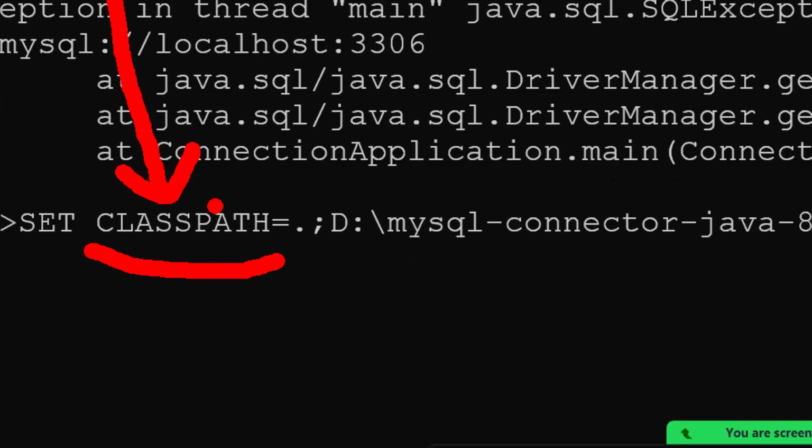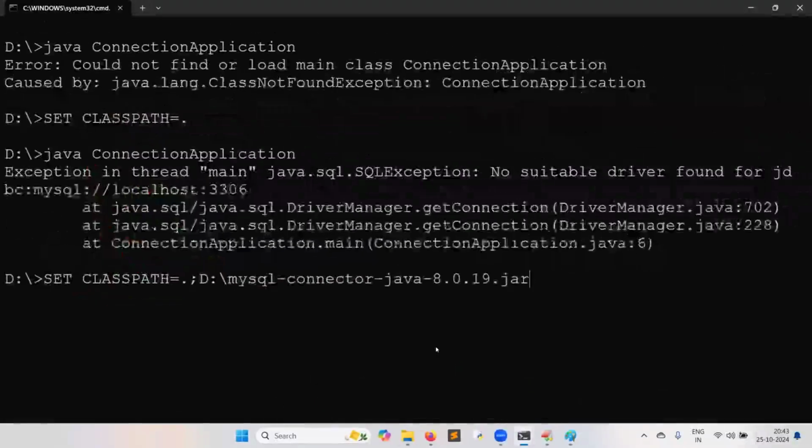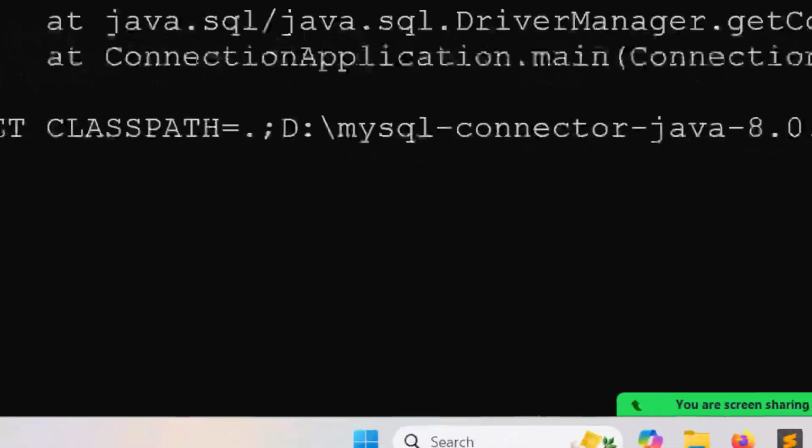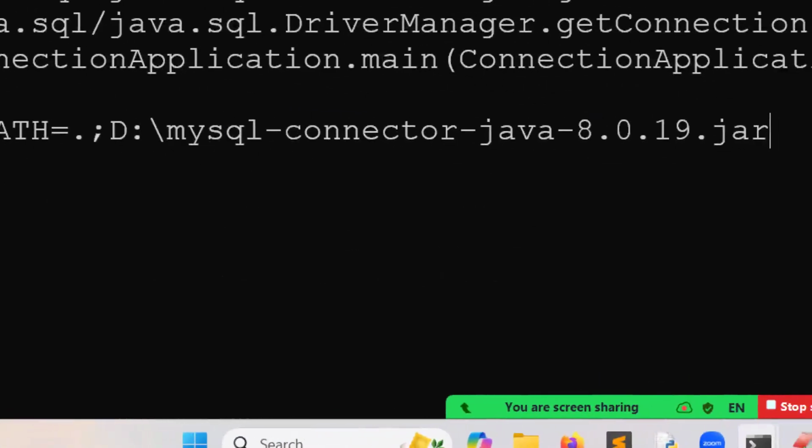What is class path? It is an environment variable. Who will use this variable? The Java compiler and JVM. Class path is an environment variable used by the Java compiler and JVM to locate class files. That's it. Now, in this class path, I made two entries.